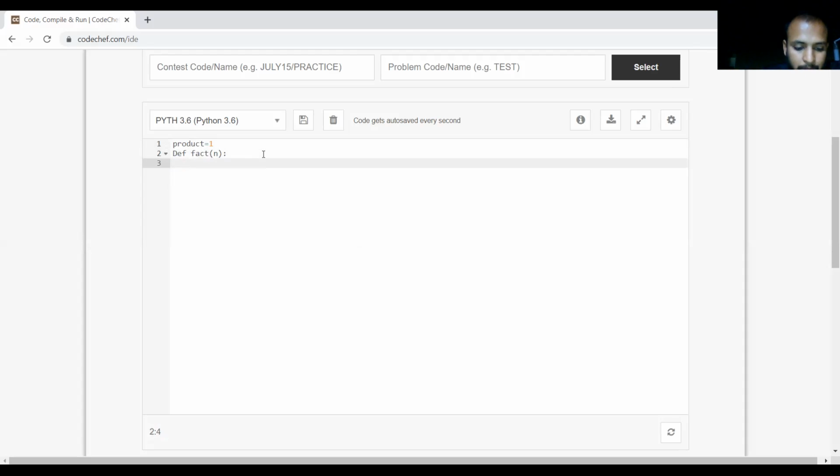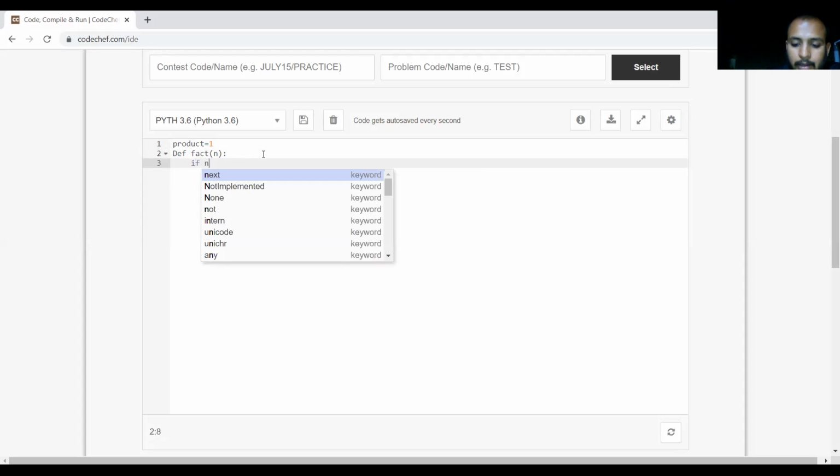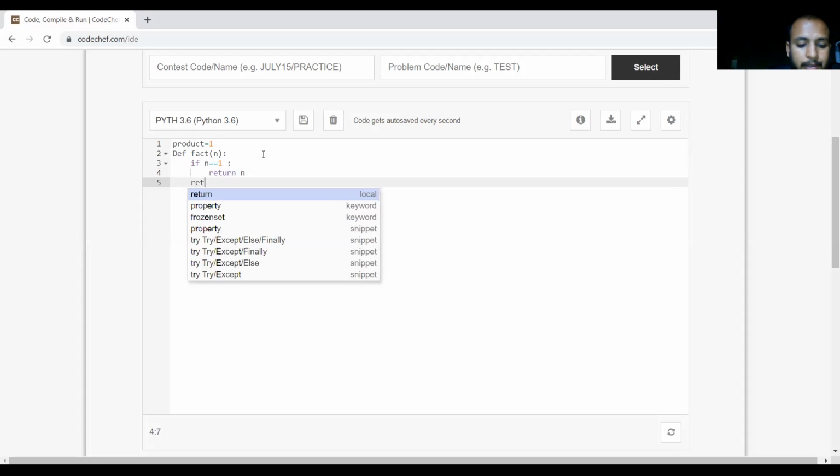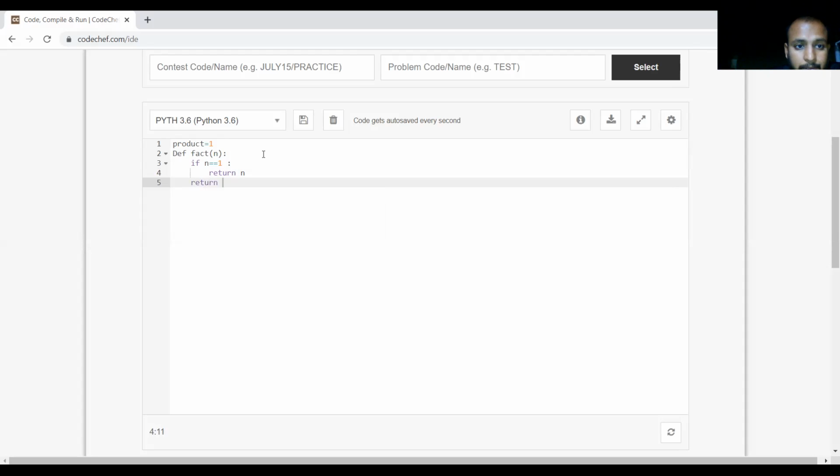So if n equal to 0, or n equal to 1, right, return 1. In this case, 1 or n, anything, since n will also be 1. Otherwise, what you need to return...